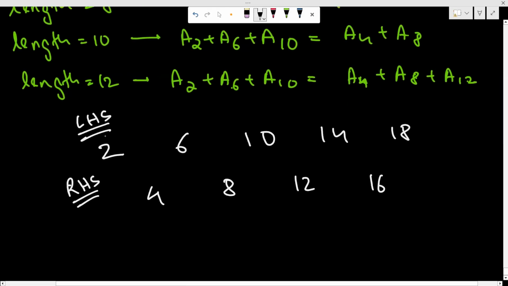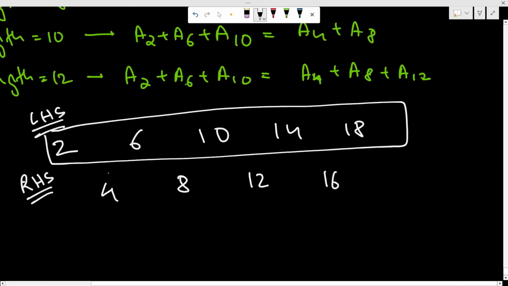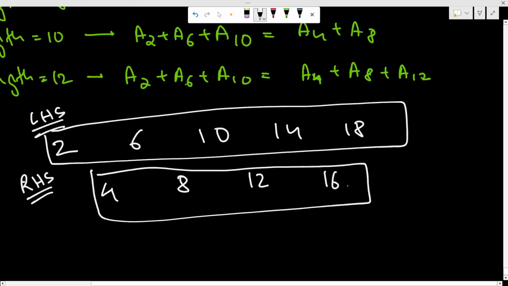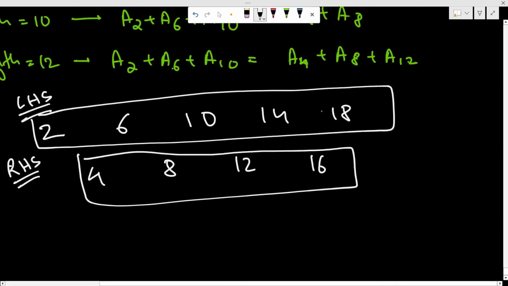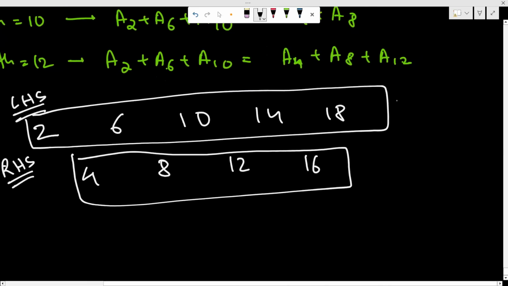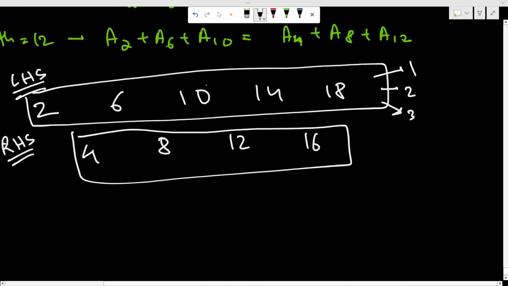This means the number of ones present in these indexes, their summation should be equal to the number of ones present in these indexes. Isn't it? So what I can do is I can just simply iterate that, okay, in the summation of all these indexes, how many ones do I have? 1, 2 ones, 3 ones, 4 ones, 5 ones, up till this. Okay, I'm just iterating over that. And let's suppose I have